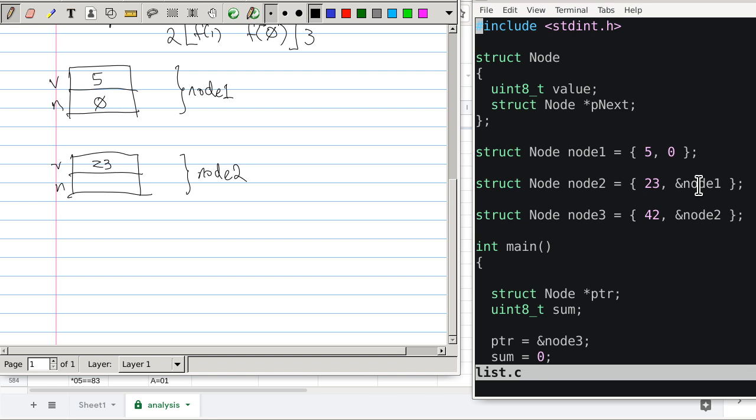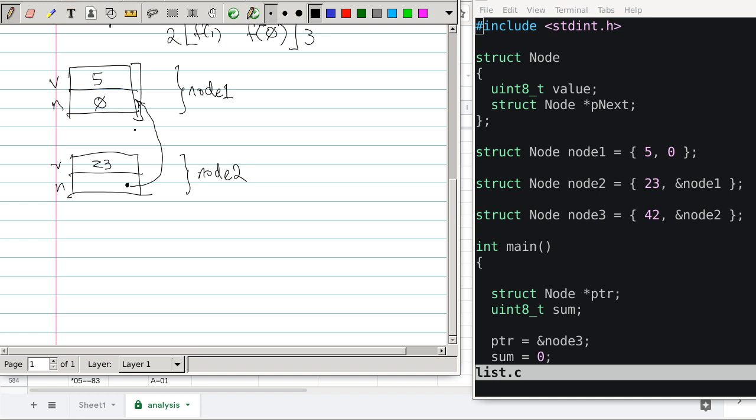Pictorially speaking, instead of assuming node 1 is at a particular address, this is how people usually write it. They just use an arrow to indicate that the p next member of node 2 is pointing to the address of the entire node 1. It's important to understand that this pointer is not really pointing to just n,